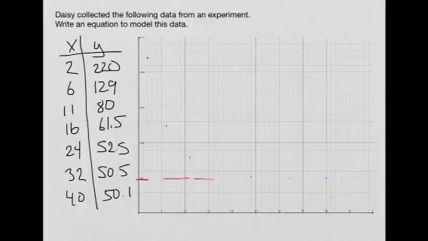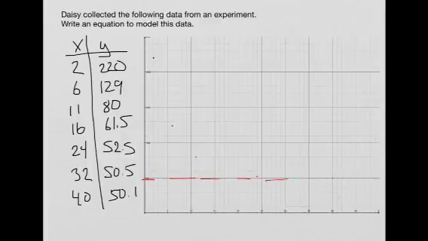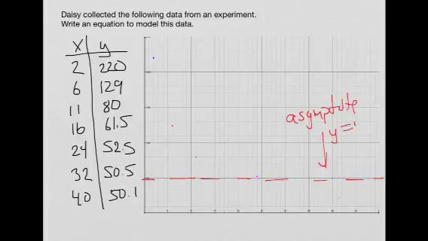It's going to level off here at 50. And remember, we're going to call that our asymptote. And this is at y equals 50, which means for our problem, we have a vertical shift